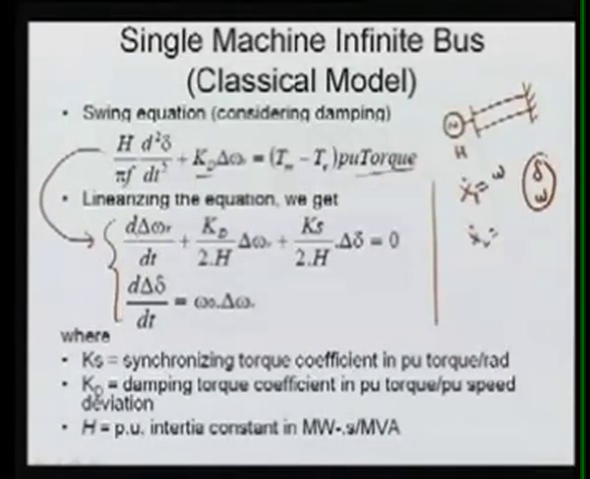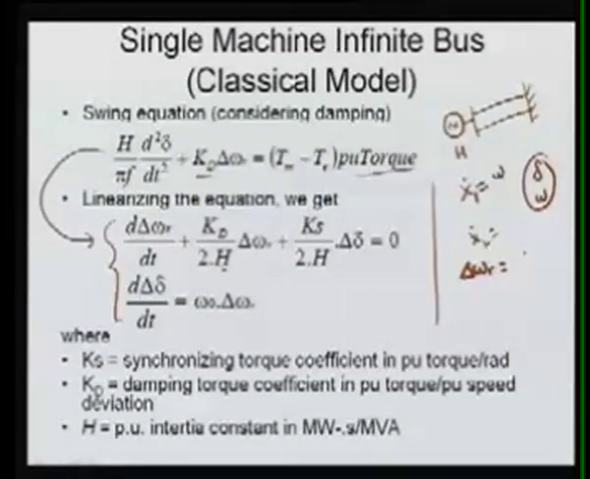Here this is a differentiation with reference to omega r. Omega r is your relative per unit speed. Kd is your damping constant, H is your inertia constant. This change in omega r, here Ks is your synchronizing torque, divided by 2H, multiplied by your change in delta. So this change in omega r is nothing but your speed deviation